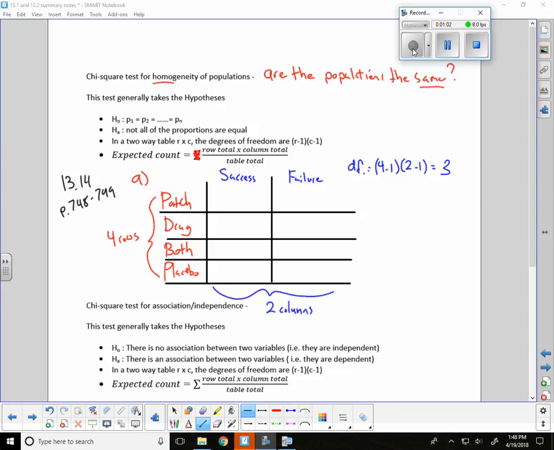Now we have the observed counts. It says there are 40 successes with the patch. And I need to write this either above or to the side because I'm also going to include in here the expected. So we had 40, 74,